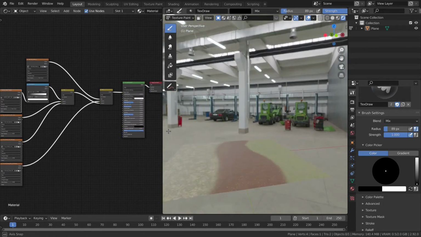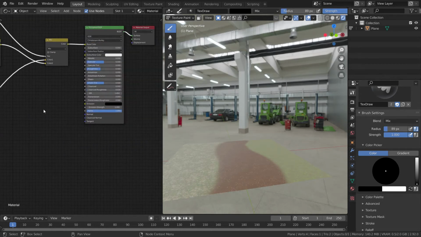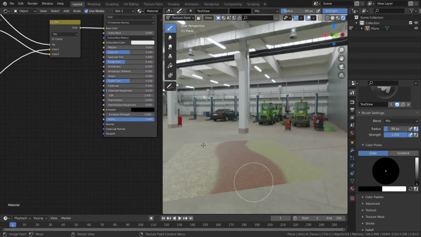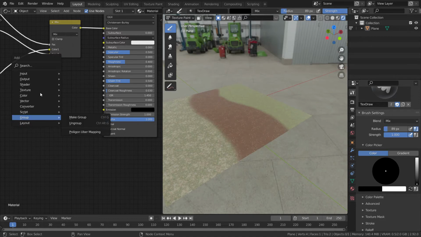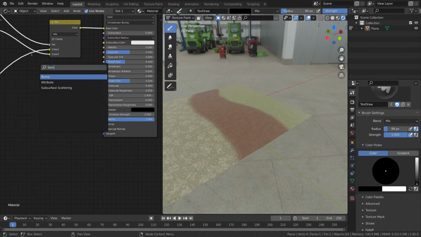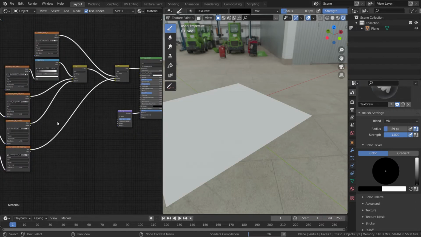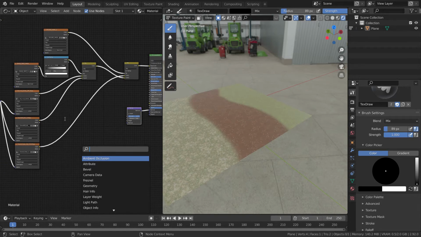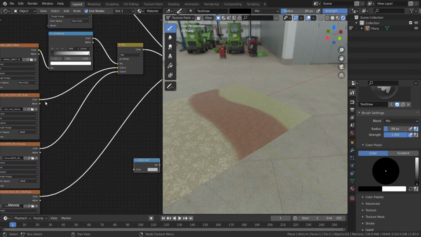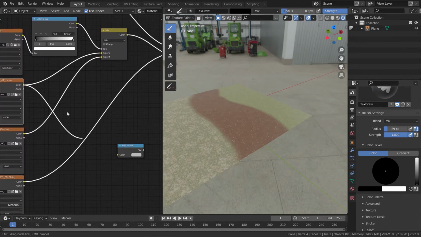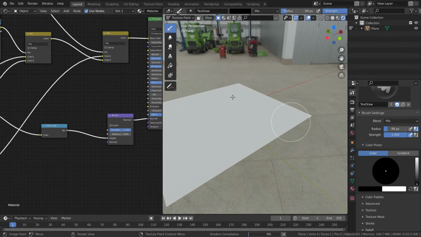If you want a bump and everything, you can literally just take your image textures, then convert them into a black and white image, and then directly plug them into your normal socket. Well, I think I will show you that as well. So let's create a bump node. Let's have a bump node, and then what we will do is we will have image to black and white. Just type BW, and then there will be an RGB to BW, which stands for black and white. You can now take this value and plug that over here, and then plug this into the height socket.